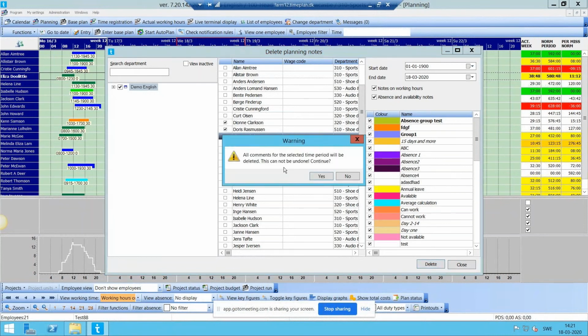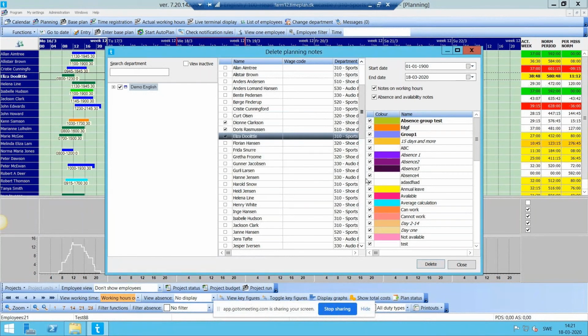And then you get a warning, of course. All comments for the selected time period will be deleted. This cannot be undone. Continue. And we say yes. And also this is the second question for the absence and availability notes. And then it's done. And here we only see still the same window, but we can go